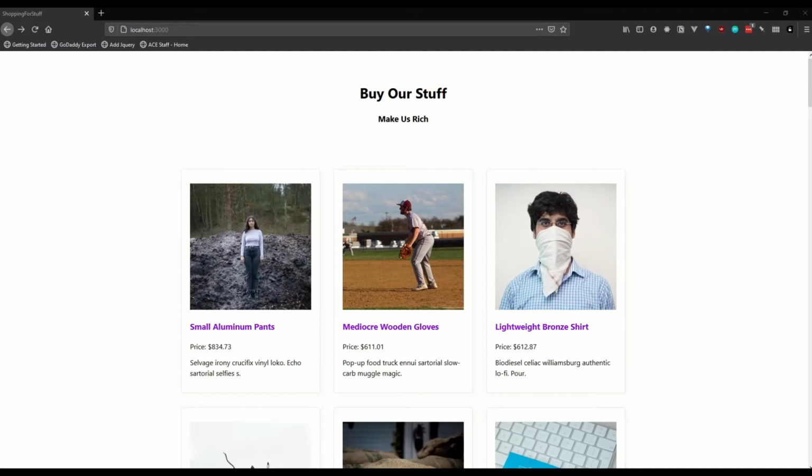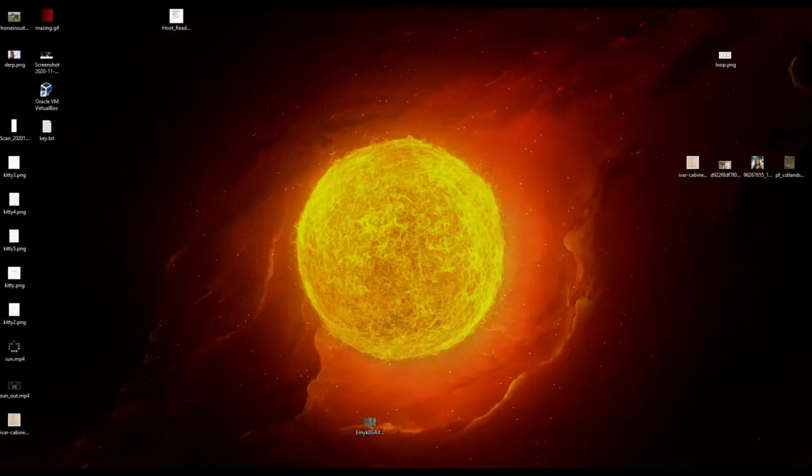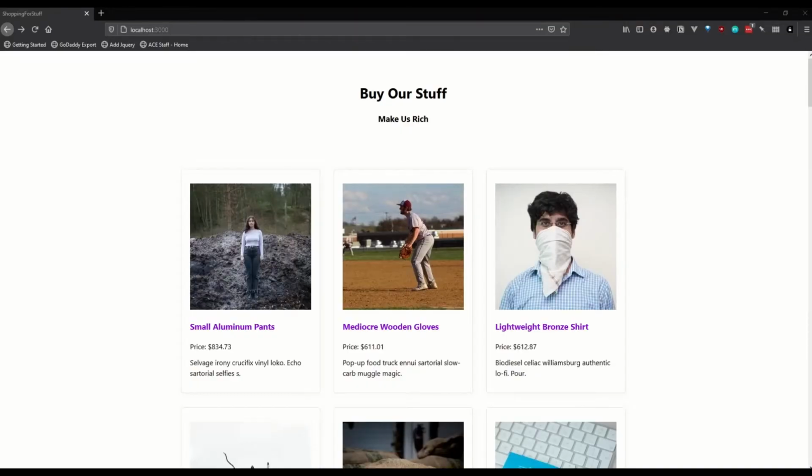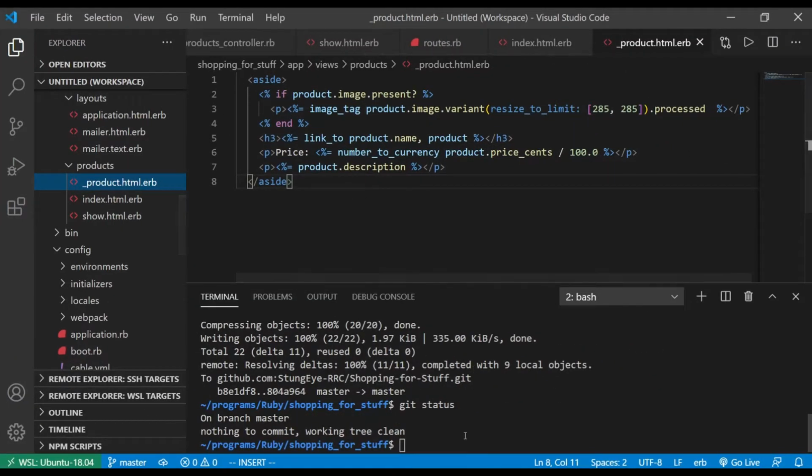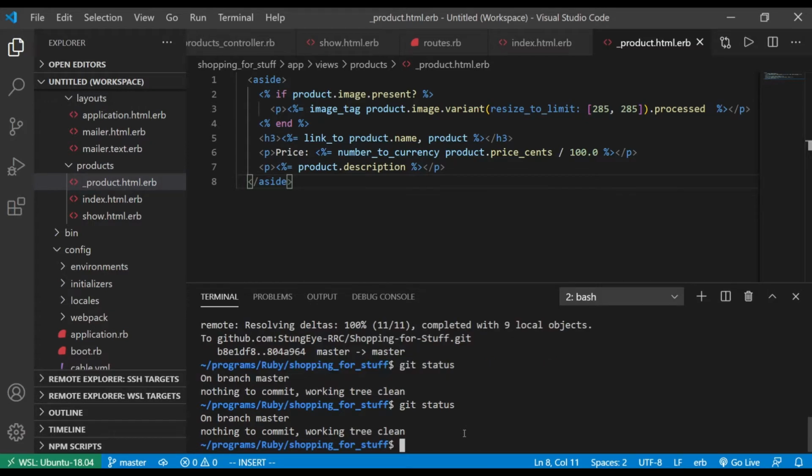I'm going to just quickly go over some of this source code with you, just so we have a good understanding of what we're starting with. And I also want to make a little branch. And so I'm going to do a git checkout -b to make me a branch. And I'm going to say